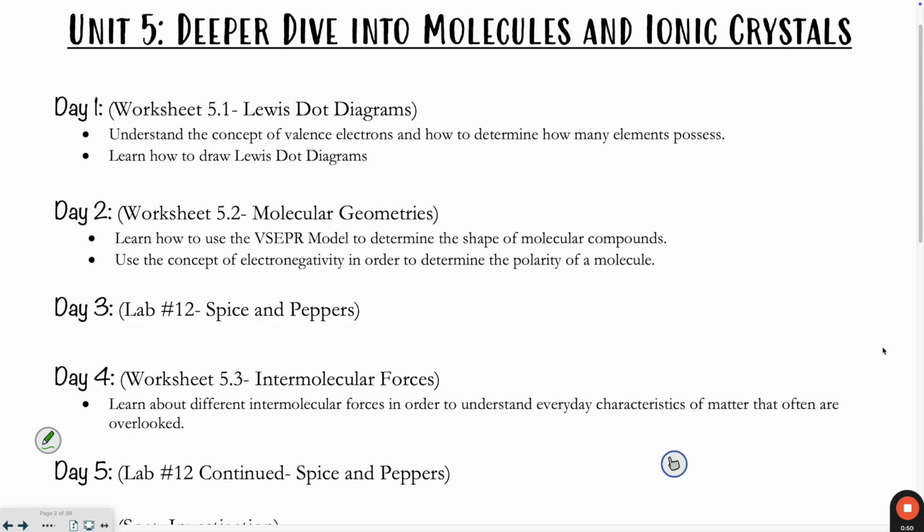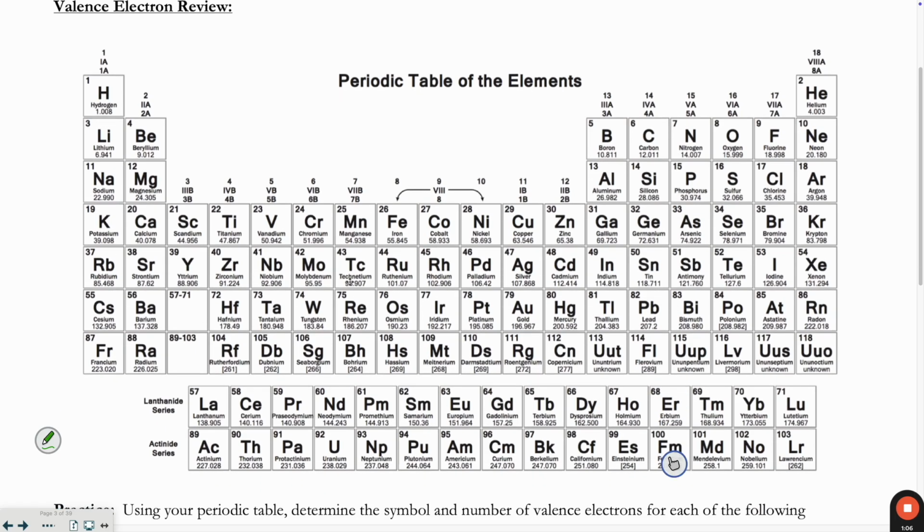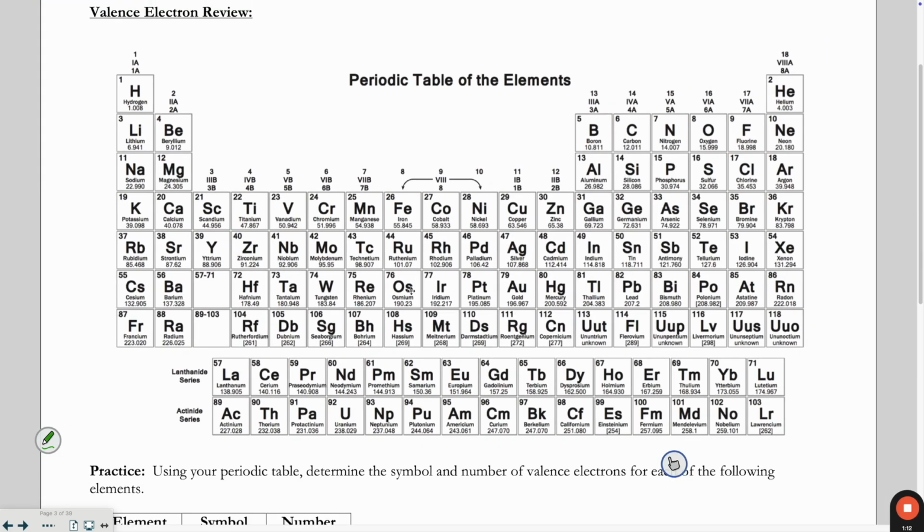So we're going to be talking about taste and talking about spice specifically. We're going to be looking at how we can get rid of spice in our mouth, and all of that has to do with the shape that these molecules take. But in order to understand that, we need to do a pretty quick review of some concepts we learned last semester. So really quickly, looking at our periodic table, we can use this periodic table in order to predict the